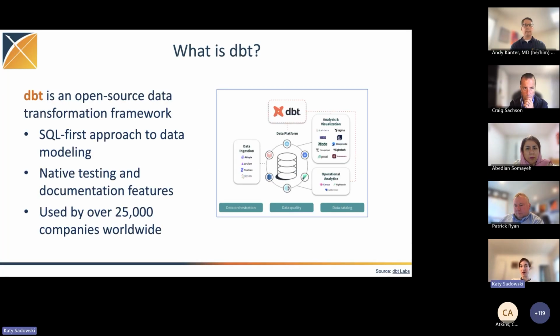Thankfully, we didn't need to figure out how to do this all on our own. There is a software solution which was built with this exact challenge in mind. That software is called dbt. dbt is an open source data transformation framework that can be used to implement an OMOP ETL or any other